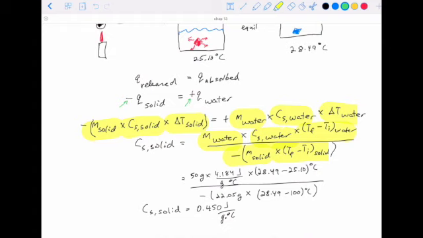Now I put in the numbers. You can look this up for the specific heat of water, and then for the temperature, very important. For water, final temperature is 28.49, initial temperature is 25.1. At the bottom, the final temperature is the same because the two systems are at thermal equilibrium with each other. The beginning temperature of the metal is 100 degrees though, so you've got to make sure that you put that in. And as you can see, this will give you a negative value, but the negative value will cancel out with that negative sign that you put outside there, and that's the reason why you need to include that in your original calculation. So the negative has to be there, otherwise you're going to get the wrong answer. Once you do the calculation, you should get this as your answer,